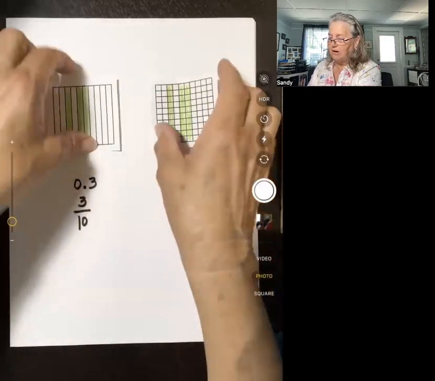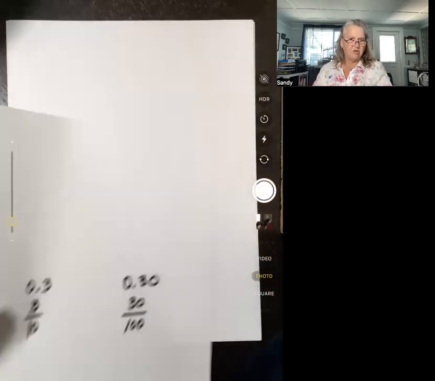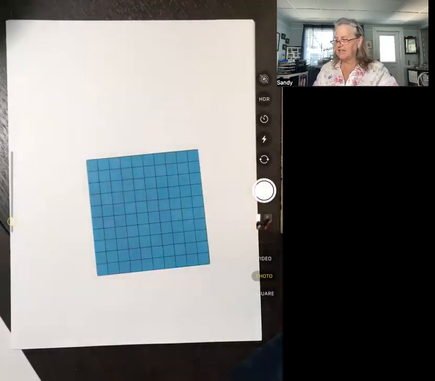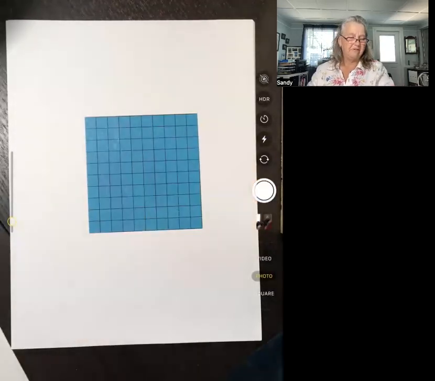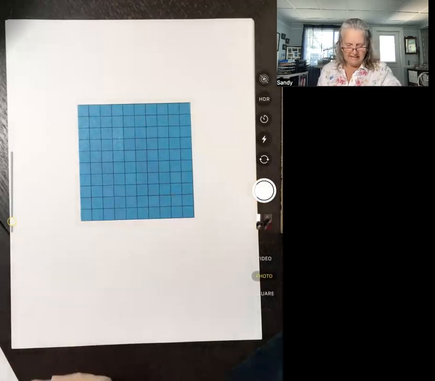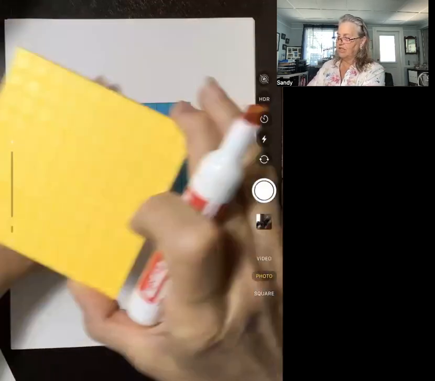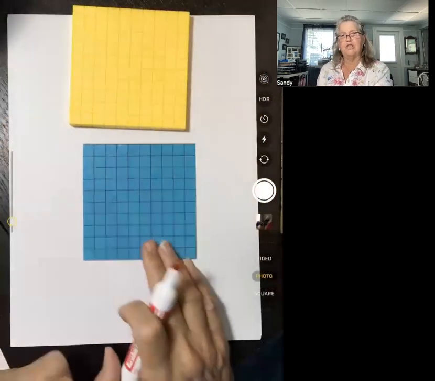Now, the other part that we want to think about when it comes to the strategies we're using is helping your child think about decomposing numbers. And you may have seen or heard that term in the objectives for your child, decomposing numbers. Well, decomposing is just a fancy way of talking about breaking things apart, right? We can cut them. Now, remember I told you we will sometimes want to use this version of the model